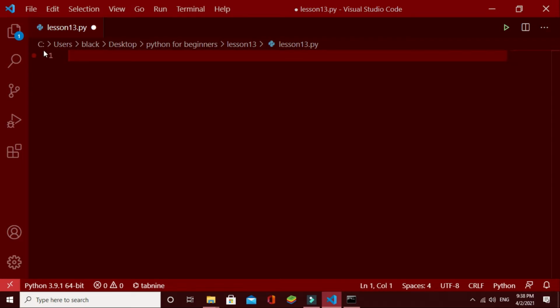First we have to define the function. I'll define it as def max num. Then the input, I'll give it as nums.